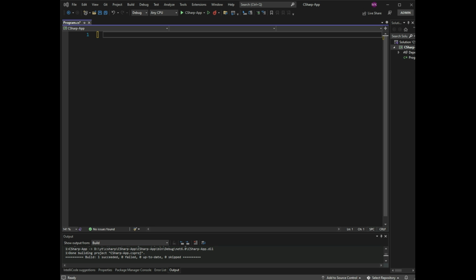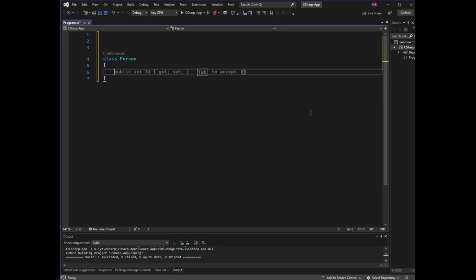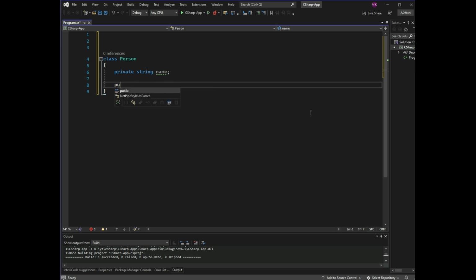Properties. You learned from the previous chapter that private variables can only be accessed within the same class. However, sometimes we need to access them and it can be done with properties. A property is like a combination of a variable and a method, and it has two methods, a get and a set method. So write the example: class Person, and create a field private string name, and create a property public